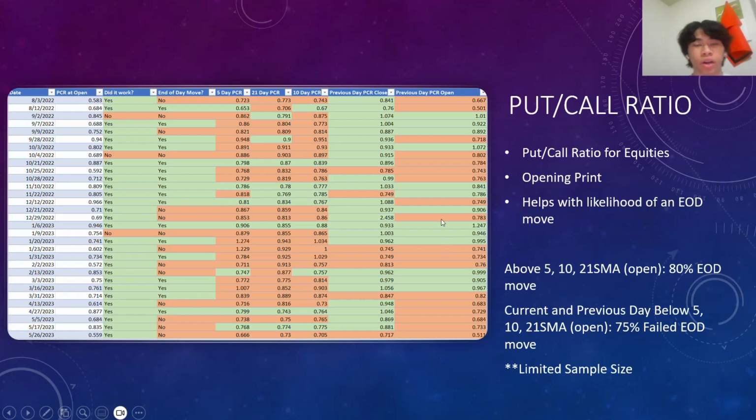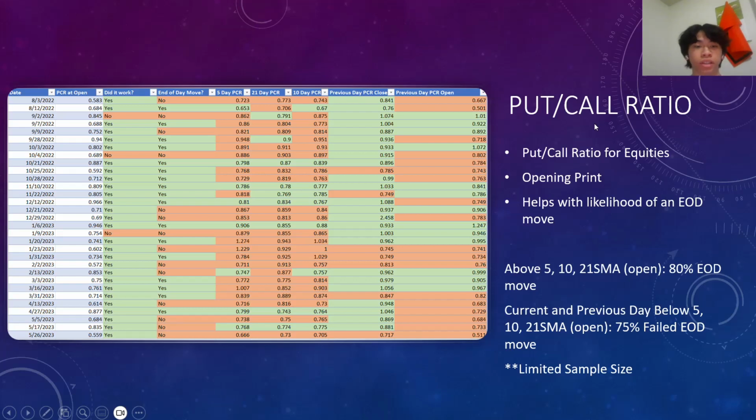So in addition to all those characteristics, I also track the put call ratio because typically you want the put call ratio to be on your side when you're going for a big trending move that day. I only use the put call ratio for equities because